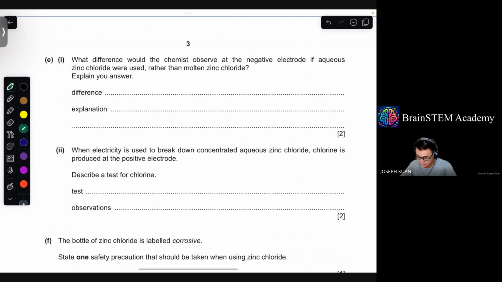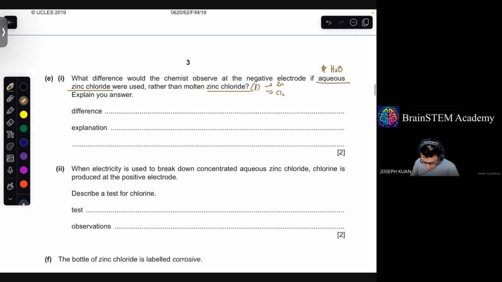What difference would the chemist observe at the negative electrode if aqueous zinc chloride were used rather than molten zinc chloride? Explain your answer. Now, we know that the purpose of doing molten zinc chloride is to get the pure substances, zinc, and also chlorine gas. If you choose to use aqueous zinc chloride, you are introducing water into the setup, and that will actually affect the reaction. So at the negative electrode, which is the cathode,